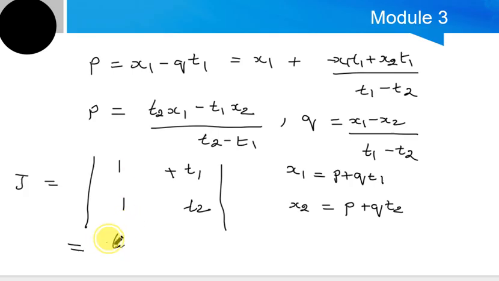So now on solving this, the value that we get for the Jacobian will be t2 minus t1. Once we get the Jacobian value as t2 minus t1, we will proceed as in the previous case. The joint probability density